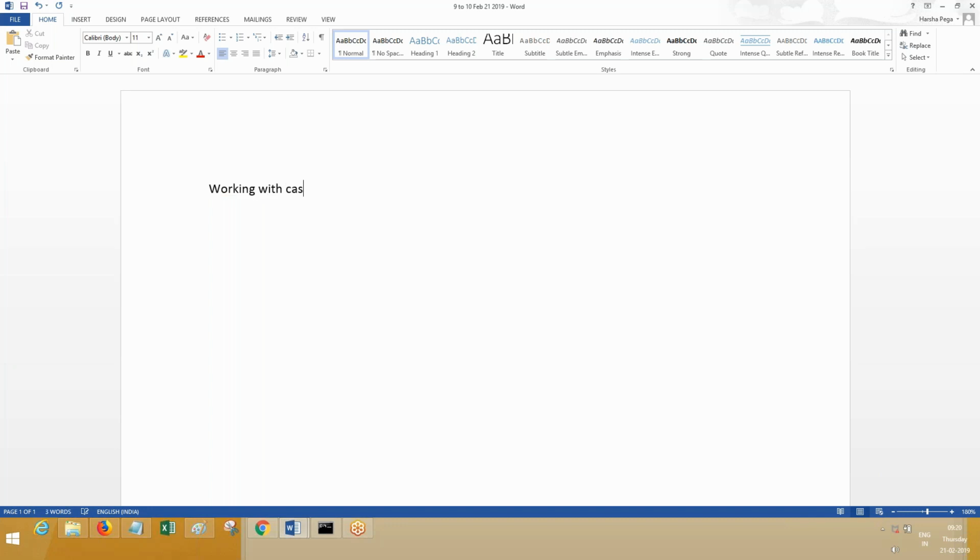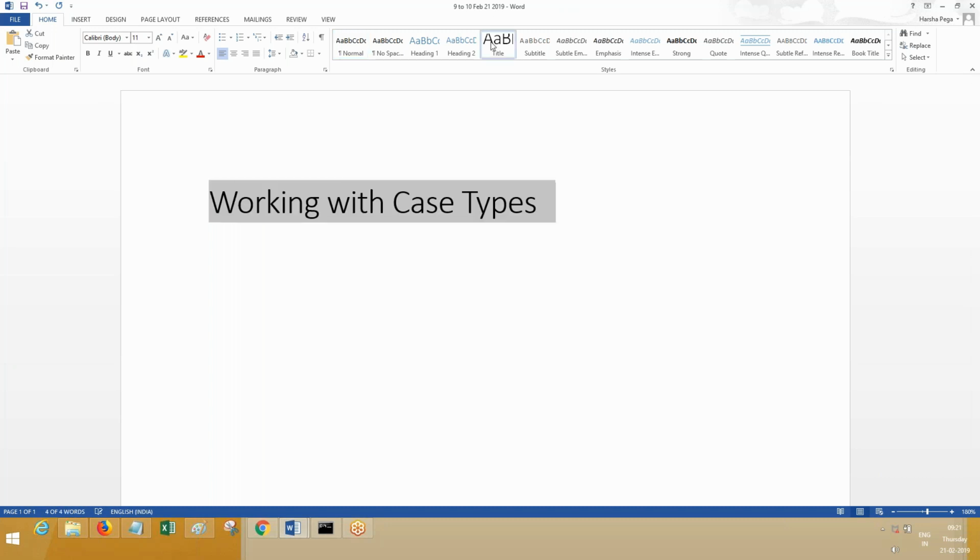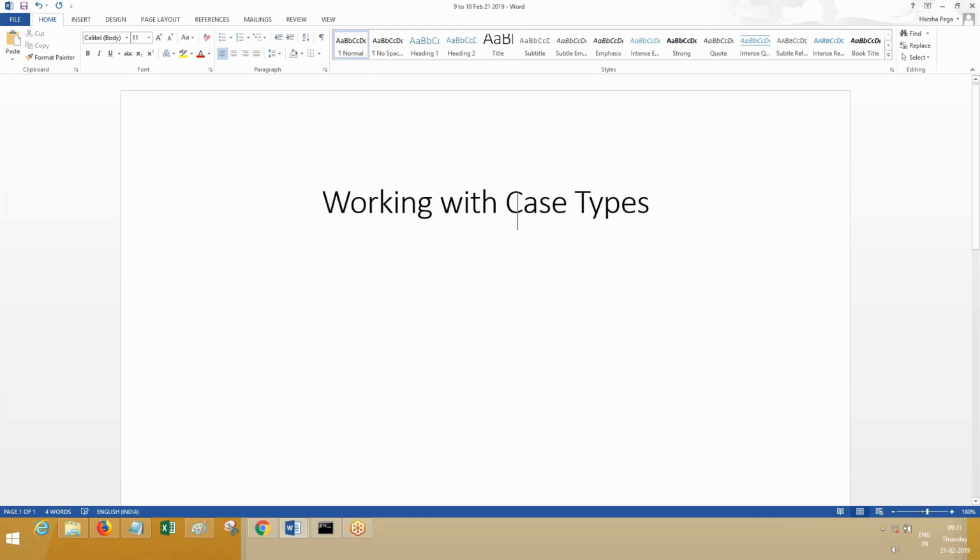Working with case types. Write down: create a new case type and add customer details and vehicle details into it.